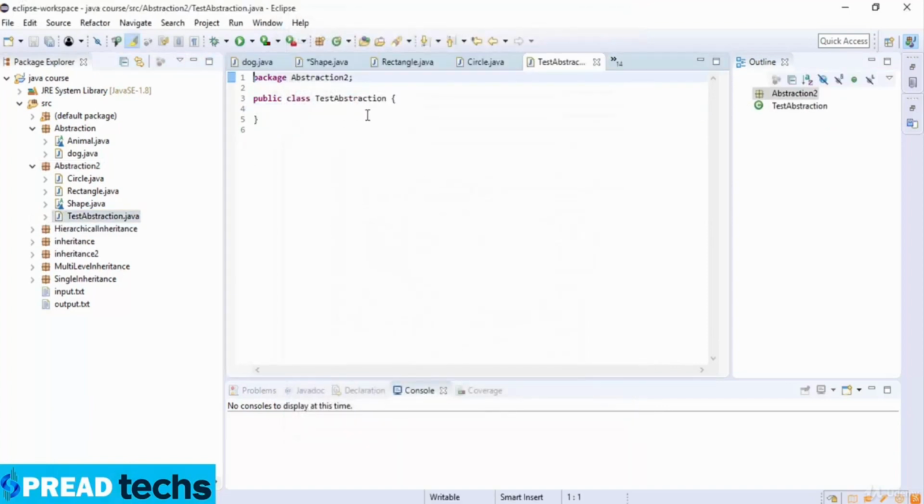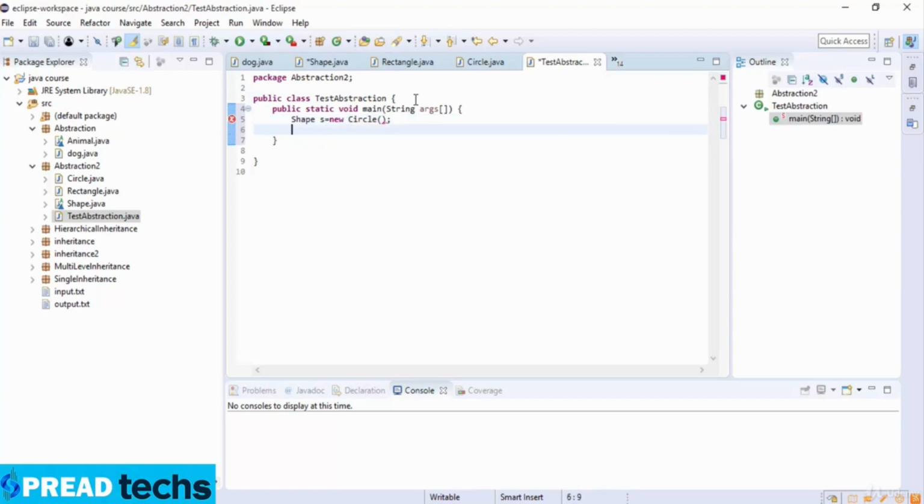So this is a programmer oriented class, and here I just write public static void main. So this is a main method, with string arguments, and then here I just write Shape s is equal to new Circle,